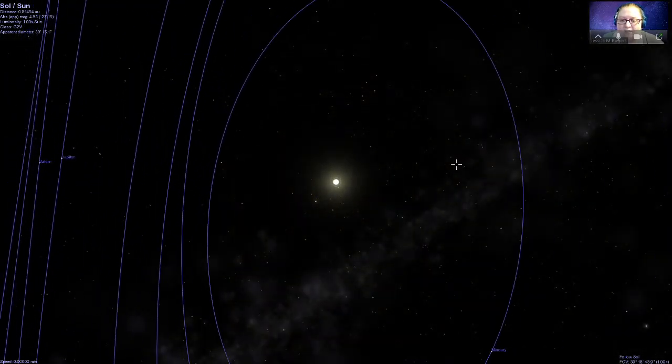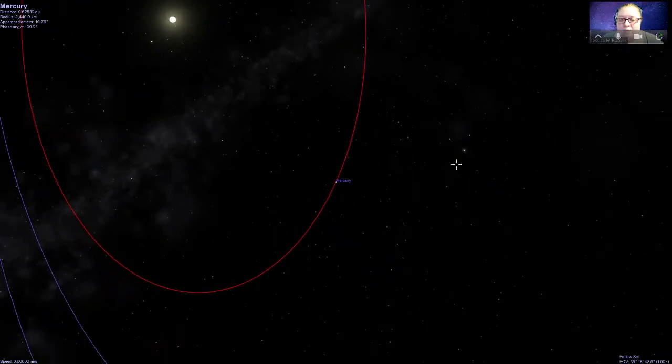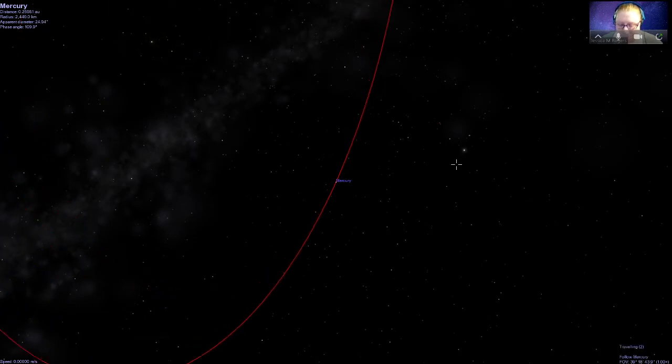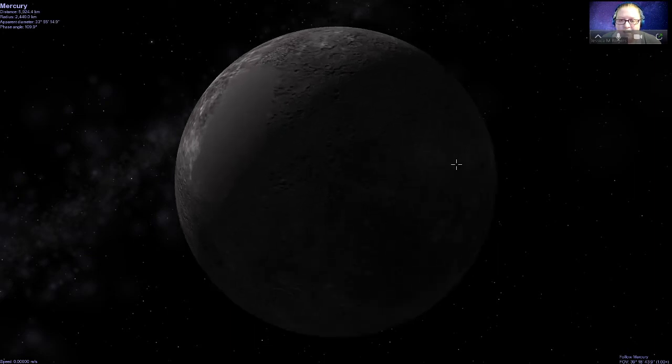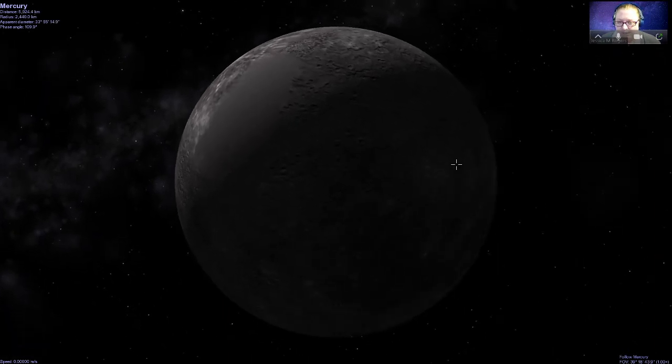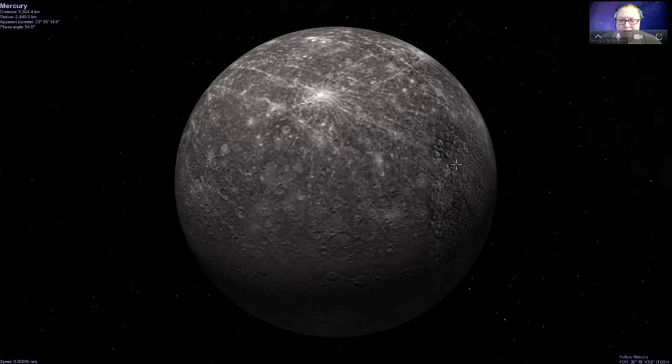But I think that's enough of our sun. Let's start looking at some of our planets. And we're going to start with the closest planet to the sun, which is Mercury. Let me turn the orbits off, and I'll turn the labels off. And let's go in and take a close look at this. So Mercury